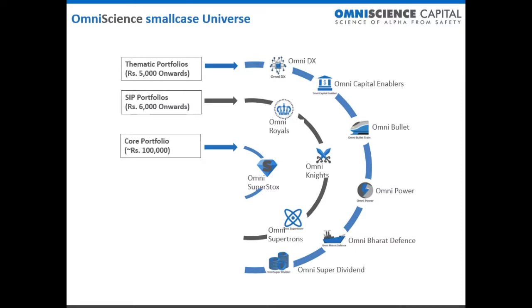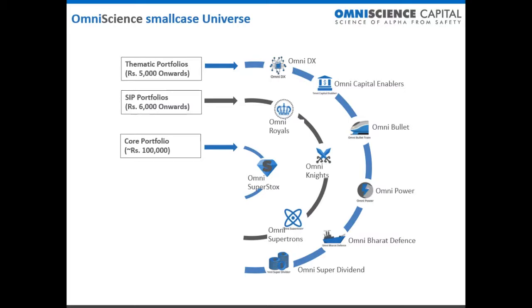Then we have the SIP portfolios, systematic investment plan portfolios. Omni Royals, which is our large caps, and our large caps are true large caps, sticking as far as possible to the largest 100 companies from the SEBI or AMFI notified large cap list, at the time of change, when they notify in June and January. Post that there could be some deviation for some time, because some stocks will go to mid caps, and I'm not going to sell just because a stock has been moved to mid cap.